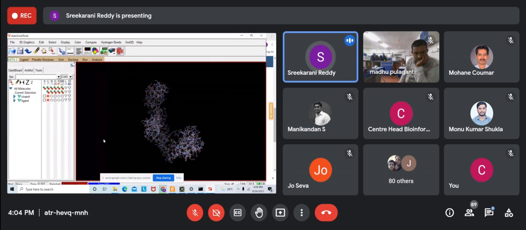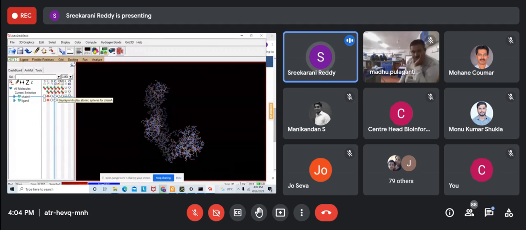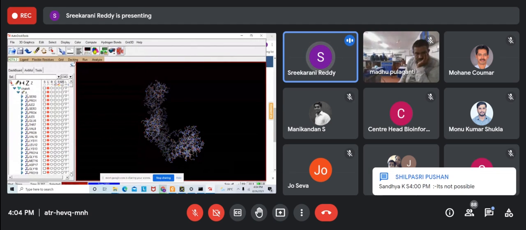So now I have opened both the macromolecule and the ligand. We need to select the specified residues that we saw for the inhibitor. In that protein crystallization, we have seen that the inhibitor is there, so those residues we'll try to pick up. Now I'll be selecting those particular residues.